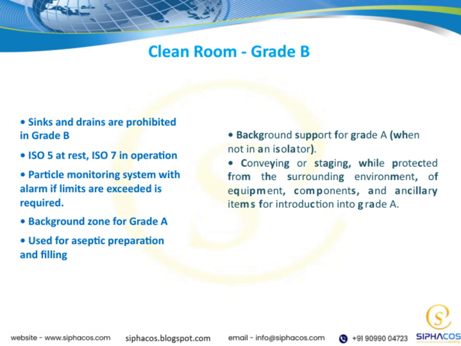Moving on, I want to highlight that sinks and drains are actually prohibited in Grade B areas. This is because they pose a risk of contamination, so their absence helps maintain the cleanliness standards required. Regarding air quality, Grade A environments are maintained at ISO 5 when at rest, and they remain at ISO 7 during operation. This difference ensures that the environment stays as clean as possible, whether it's idle or actively being used